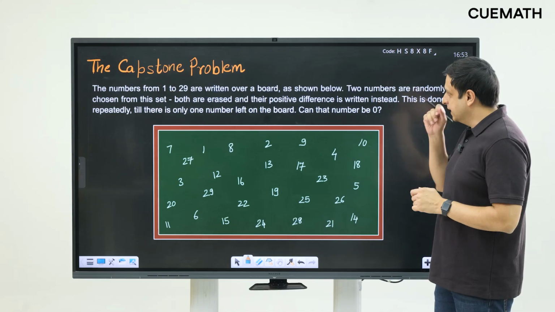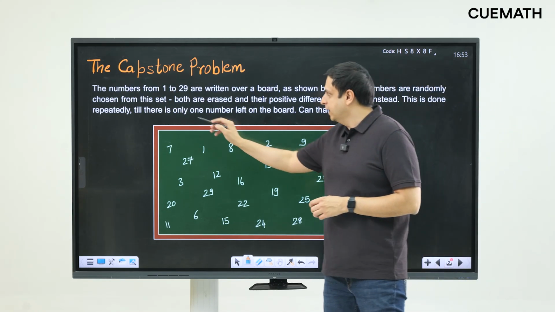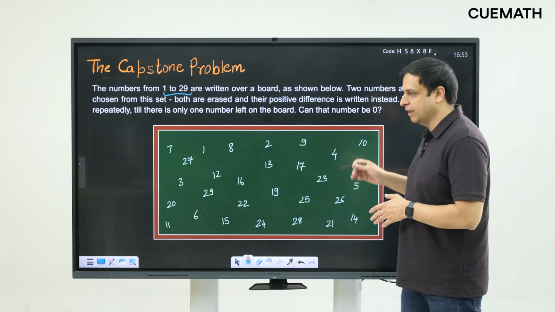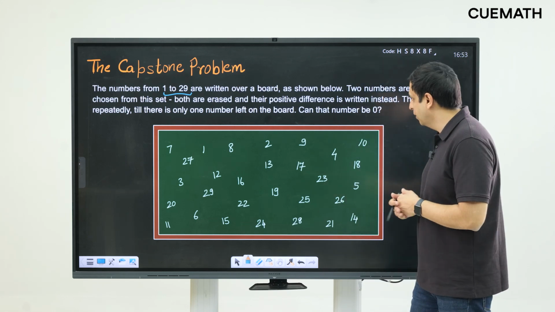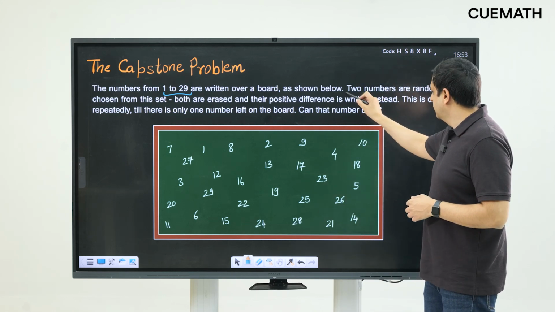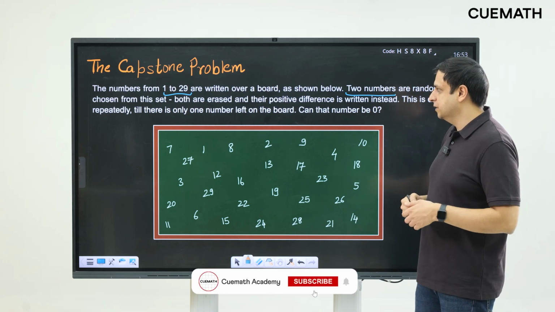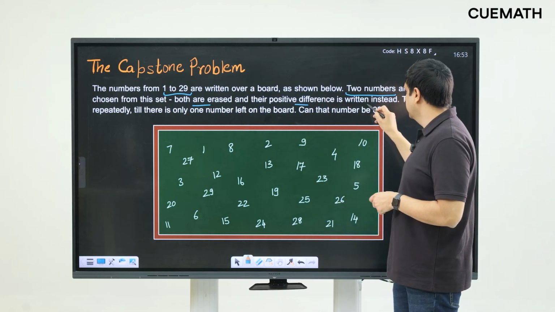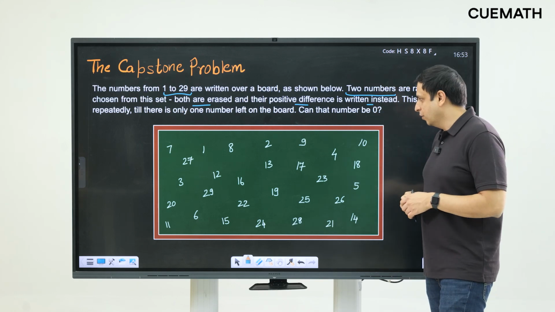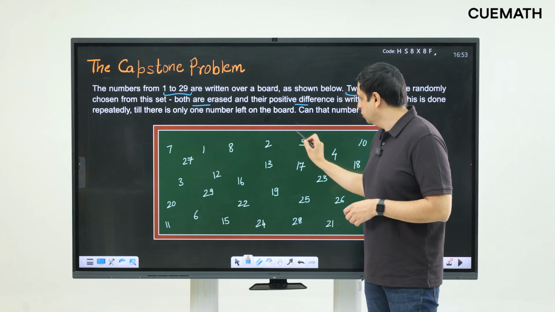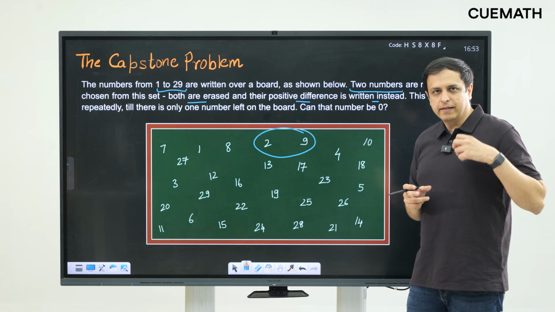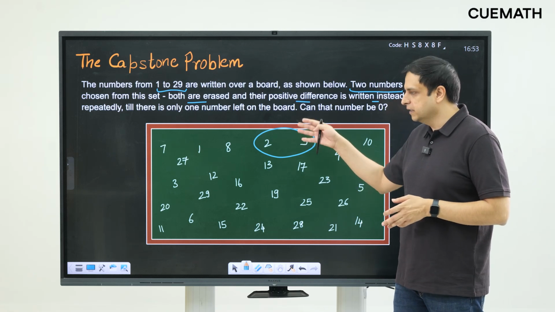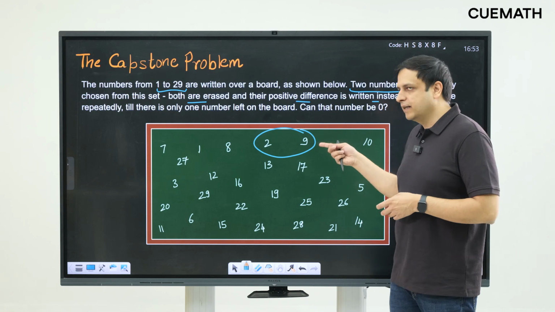this masterclass. It says the numbers from 1 to 29 are written over a board. So, you can see this board here, the numbers from 1 to 29 are written on this board, and then two numbers are randomly chosen from this set. Both are then erased and their positive difference is written instead. So, for example, if you choose the numbers 2 and 9, you replace them with their positive difference, which is 7. So, you take out 2 and 9, you rub these two numbers off the board and you write 7